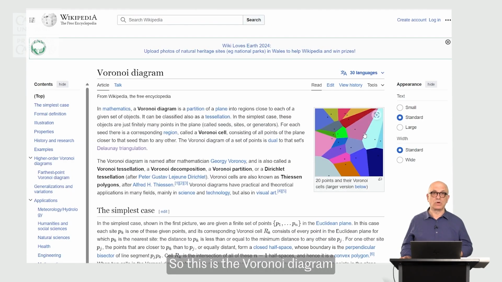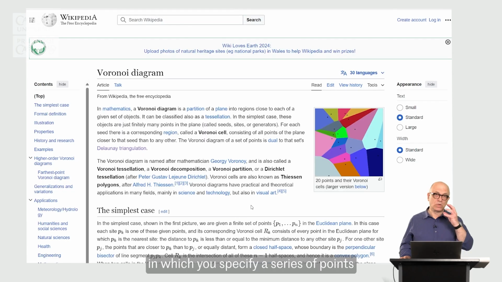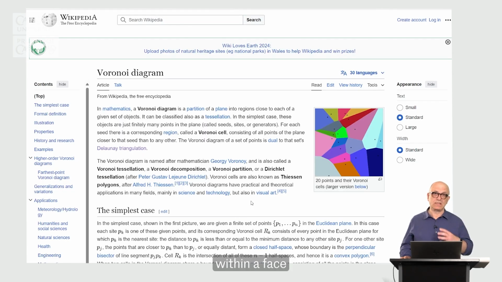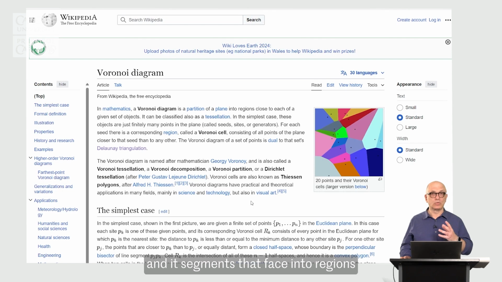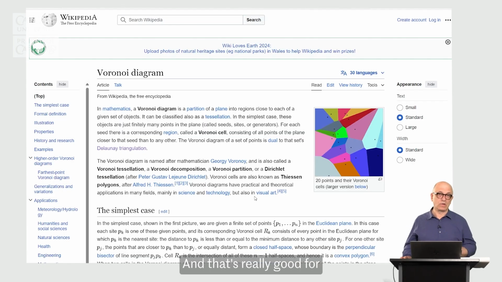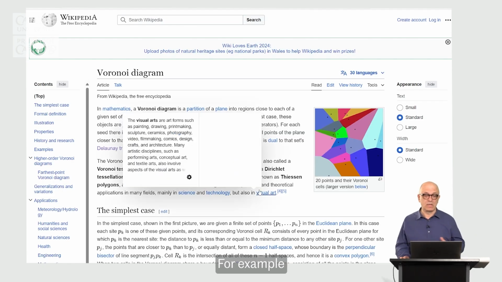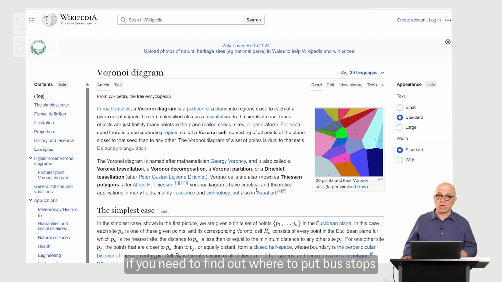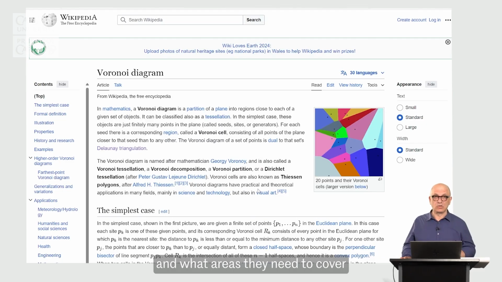So this is the Voronoi diagram, in which you specify a series of points within a face, and it segments that face into regions where every point in that region is closest to the point that is specified by that region. And that's really good for spatial segmentation. For example, if you need to find out where to put bus stops and what areas they need to cover, you can create a Voronoi analysis of your region,